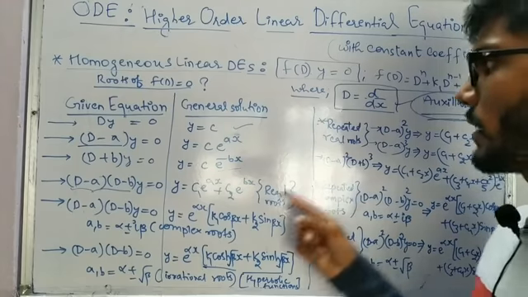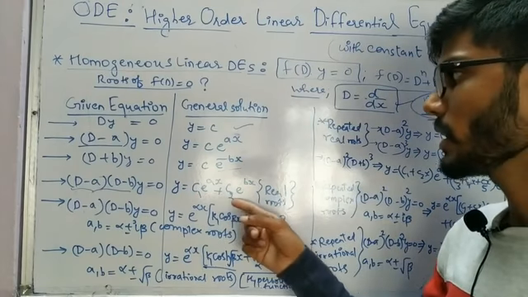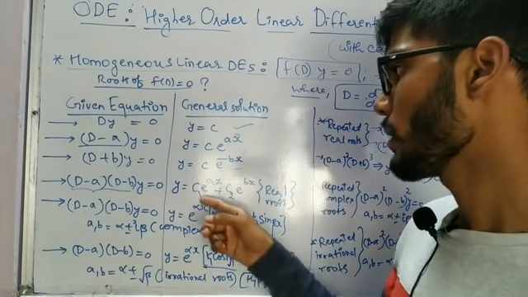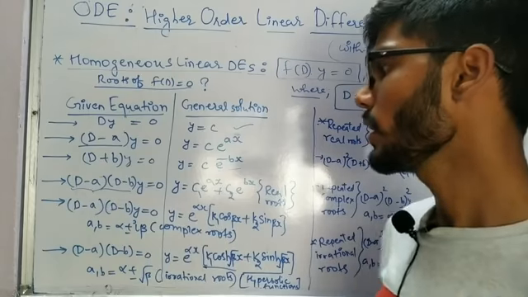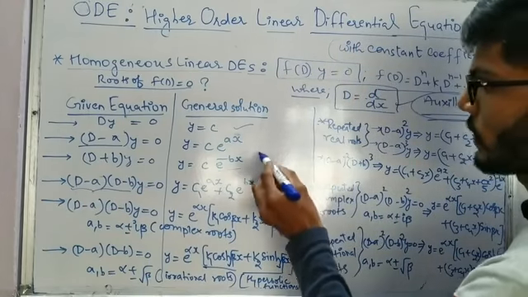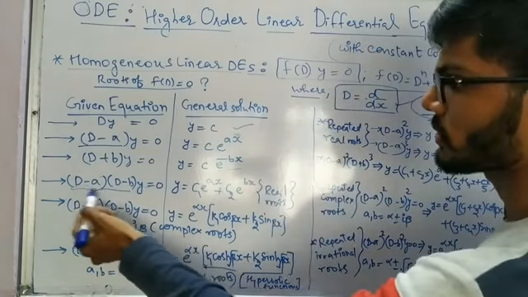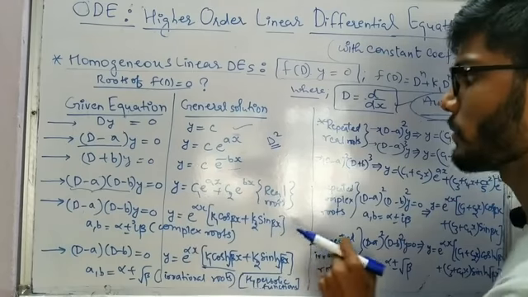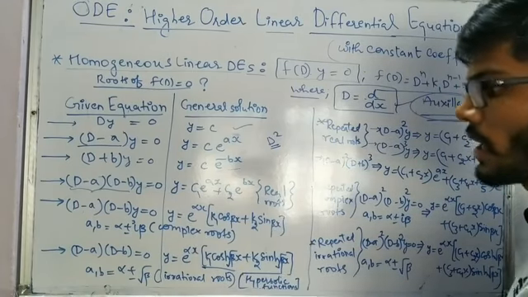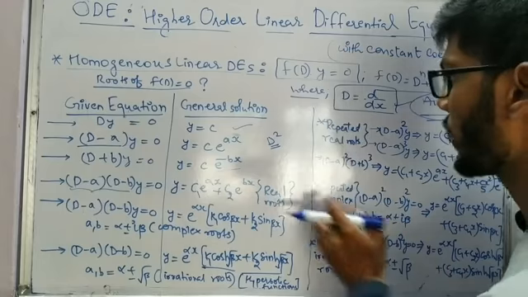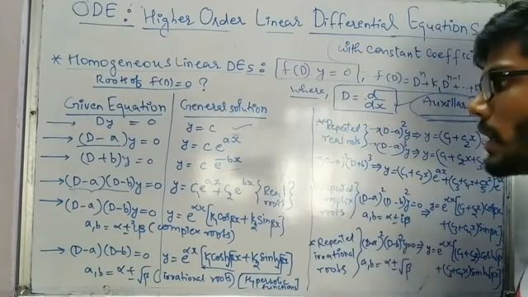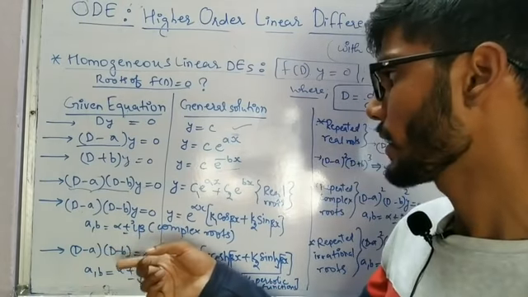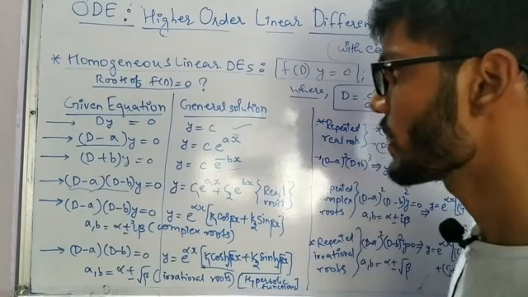Also keep in mind the c1 and c2 are known as arbitrary constants. The number of arbitrary constants is going to be the order of the differential equation, because this is of order 2, D squared. So the number of arbitrary constants we are going to get is 2, c1 and c2. And in further cases, if we have higher orders, the number of constants will be the order of the equation.